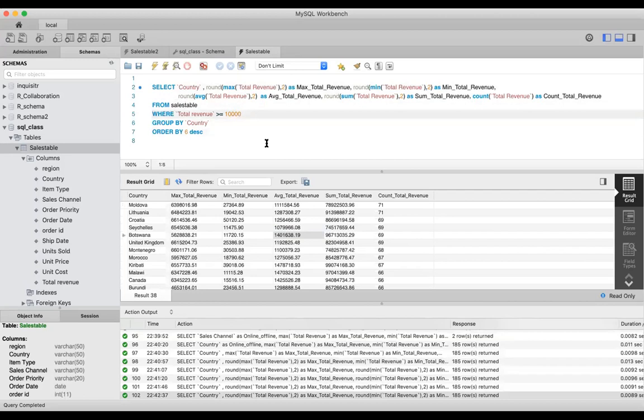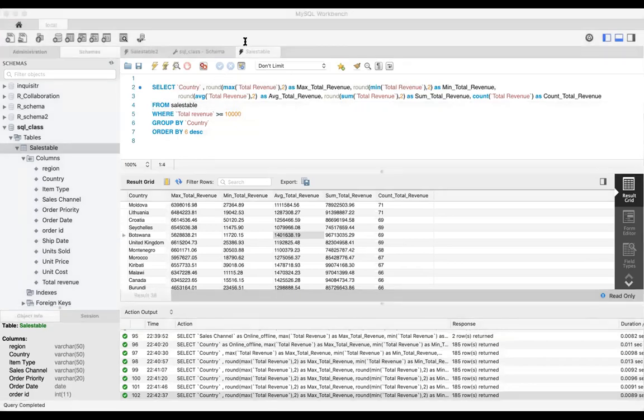Okay. What I want to do next week is we're going to do more complicated where clauses, and we're going to work on joins. So we're going to actually begin combining two tables together. But what I'd like you to be able to do is make sure that you can manipulate a single table with these aggregate functions. One thing that you can look at is